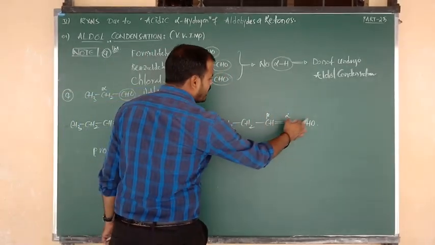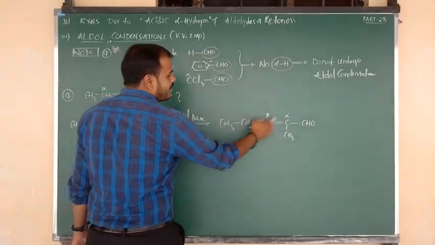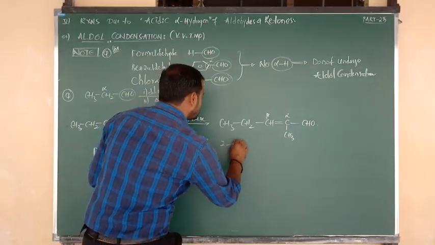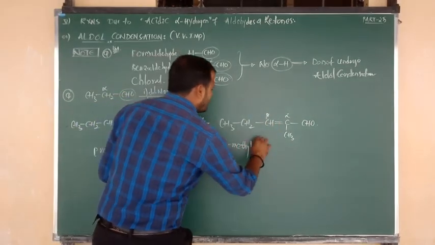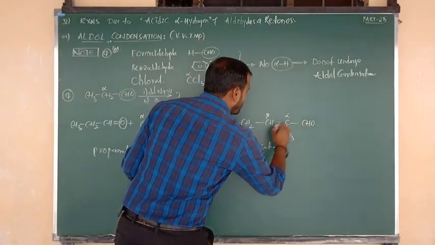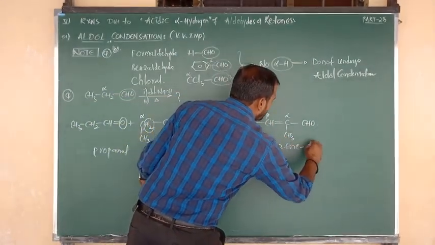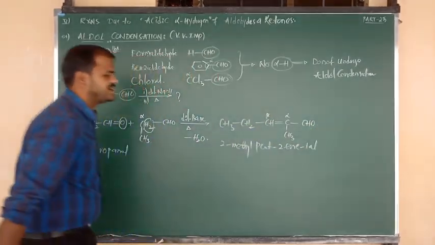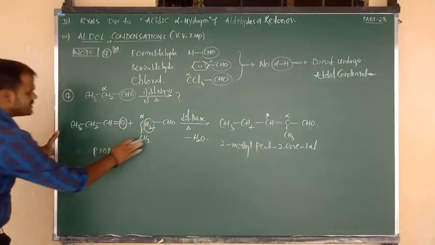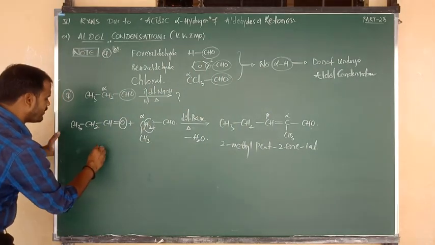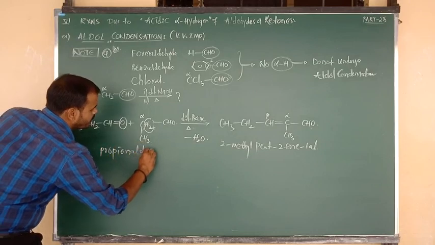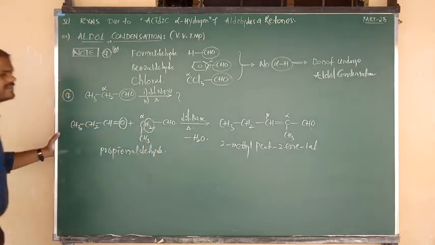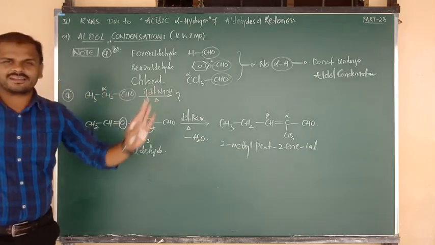Otherwise, you can read the IUPAC name: 1, 2, 3, 4, 5. So here the second carbon contains a methyl. Simply we can say 2-methyl. Total 5 carbons means simply we can say pent. Double bond after 2, so pent-2-en, and 1-al because the first position is aldehyde. And what is the name of this reactant? It is 2 same moles of propanal, and the common name is nothing but propionaldehyde. 2 same moles, like that we have to consider. In that manner, we can directly write the final product.